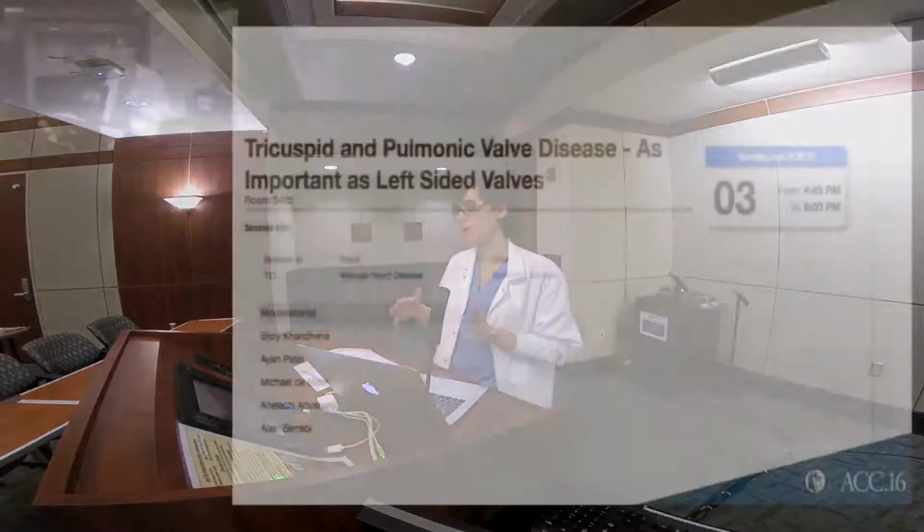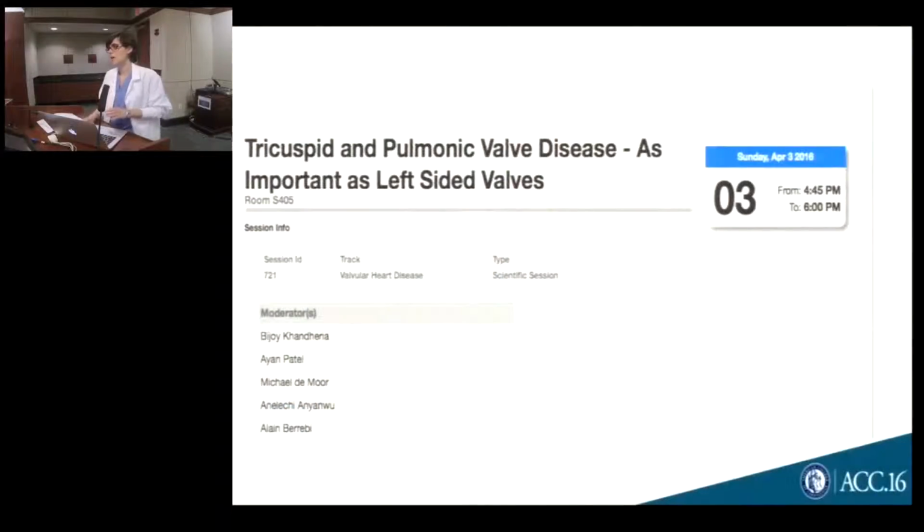So this is going to be a brief case presentation on this session regarding tricuspid and pulmonic valve disease. We're going to have 3 speakers and a panel discussion, and then 3 speakers and another panel discussion. I'm going to be the first of the second session of the clinical presenters. Before me, we'll have discussion regarding diagnosis, mechanism, prognosis of the tricuspid regurgitation, and how to manage it, basically.